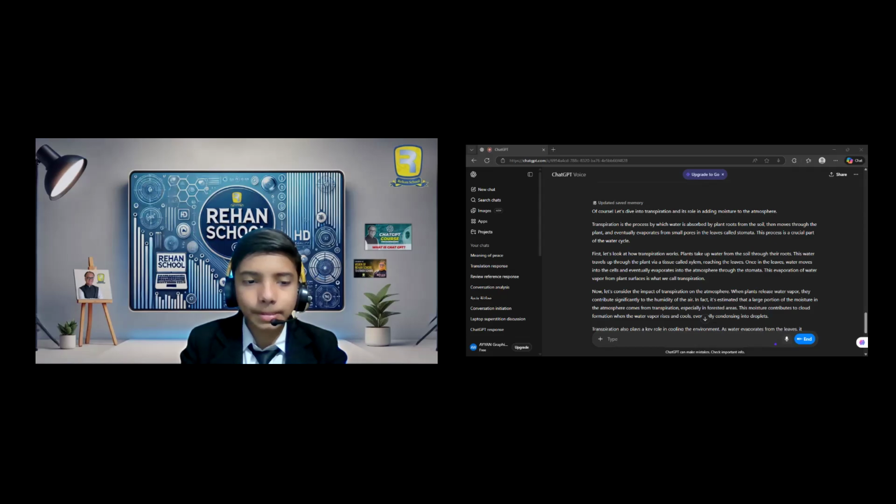This expansion requires energy, and since there's no external heat being added, the air loses internal energy. This loss of internal energy manifests as a decrease in temperature. In other words, when air rises, it expands because the pressure decreases with altitude. This expansion causes the air molecules to spread out, and as they spread, they lose kinetic energy, which means the temperature drops. This process is known as adiabatic cooling, meaning that the cooling happens without heat.